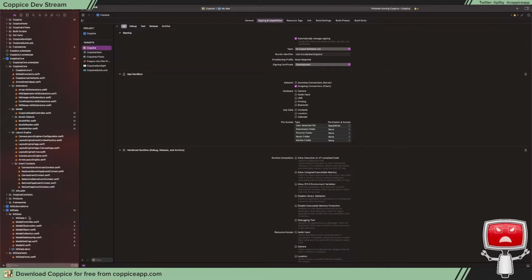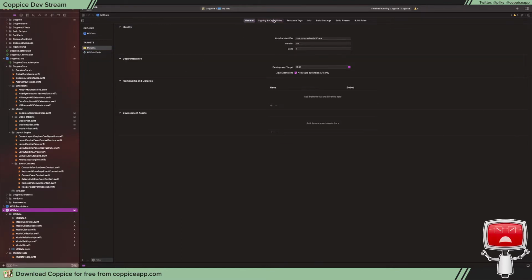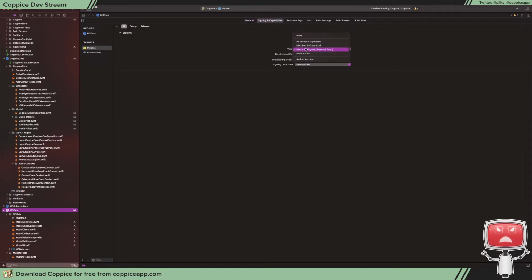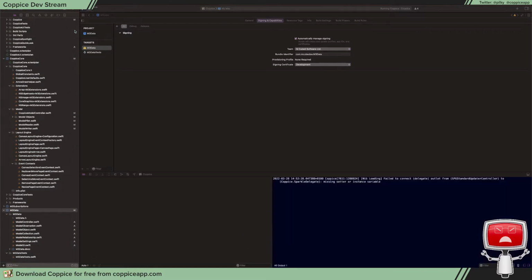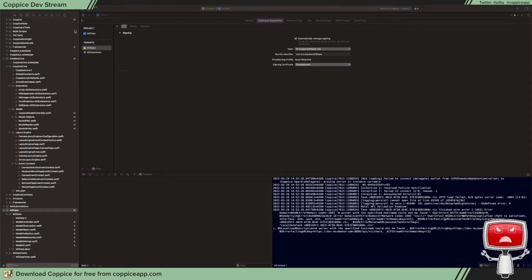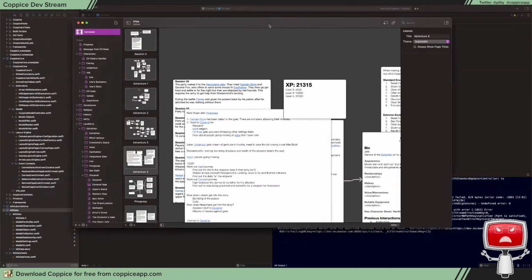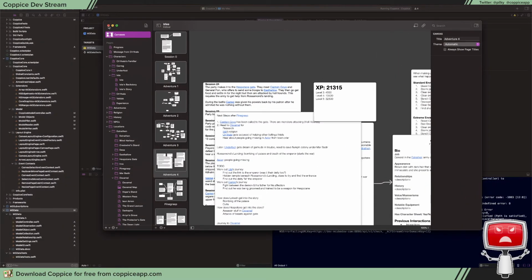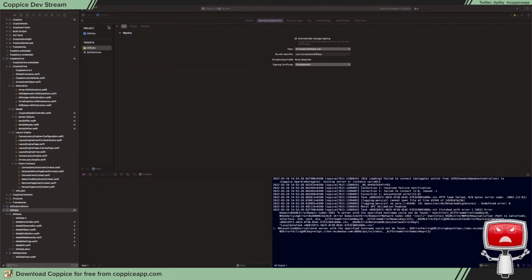Right, so I think the issue here is that team is M-Cube Software Limited, but this team is Martin Pilkington. So if I switch to M-Cube Software Limited and then build and run, hey, it works. Success. So now that we have all that done,